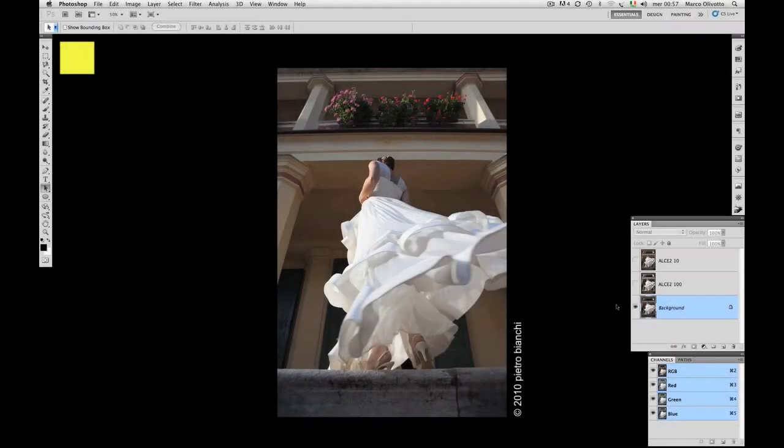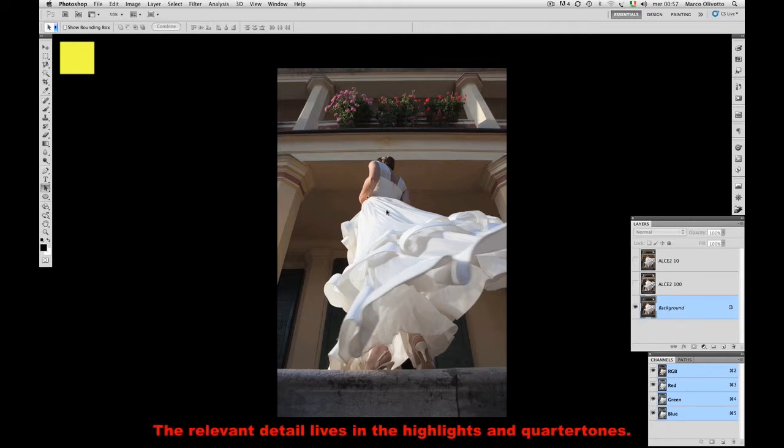This picture of a young bride comes from Pietro Bianchi, a well-known photographer from Parma. Whatever the purpose of this shot was, I would love to consider it as a fashion shot because the main subject is certainly the dress. The main problem in shots like this is that the relevant detail lives in the highlights and the quarter tones,